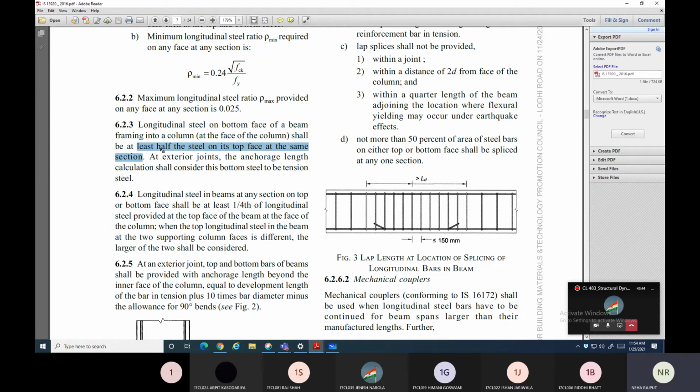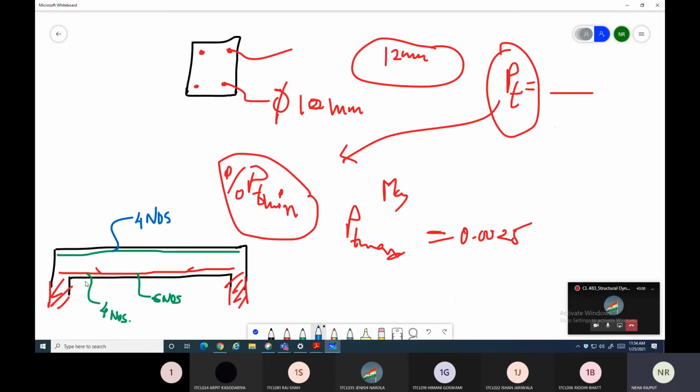At least shall be at least half the steel on its top face at the same section. मतलब कि जो रेनफोर्समेंट कॉलम के अंदर जा रहे हैं वो रेनफोर्समेंट एटलीस्ट हाफ होने चाहिए. कहाँ पे हाफ होने चाहिए? जो भी आप सेक्शन लेते हो. सपोज आपने यहाँ पे सेक्शन लिया, तो ऊपर रेनफोर्समेंट 4 है, तो 4 के हाफ एटलीस्ट होने चाहिए वही सेक्शन में बॉटम के रेनफोर्समेंट. 4 का हाफ क्या हुआ? 2. तो 2 रेनफोर्समेंट बॉटम रेनफोर्समेंट में होने चाहिए जो कॉलम के अंदर जा रहे हो. तो यहाँ पे 4 का हाफ होगा 2, यहाँ पे 4 नंबर है, सो दिस क्लॉज इज सेटिस्फाइड।